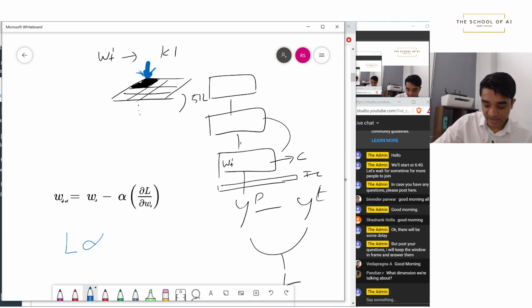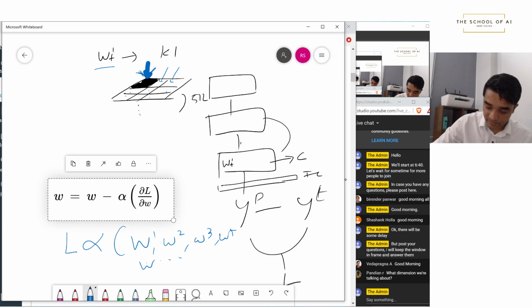Loss, we saw some time back, is proportional to all the weights we have. So it's going to be proportional to W1, this weight we're talking about, and this and this and this. So we have all the weights: W1, W2, W3, W4 and so on. Now in our case we have, let's say, W9, and this is going to be just one